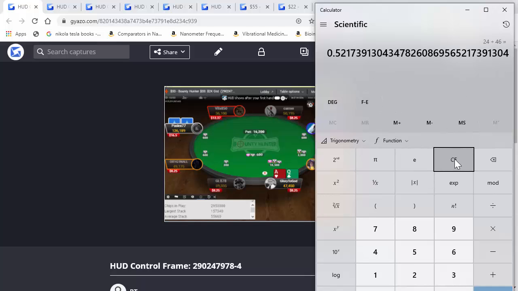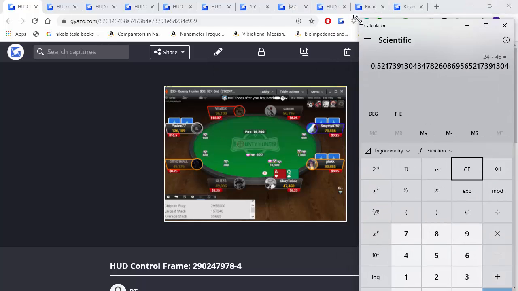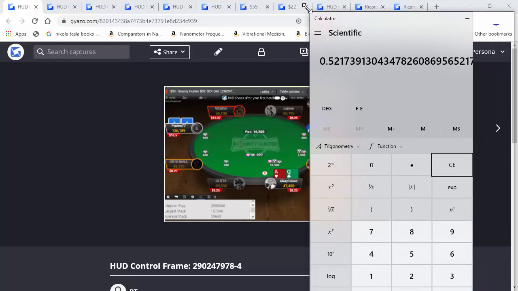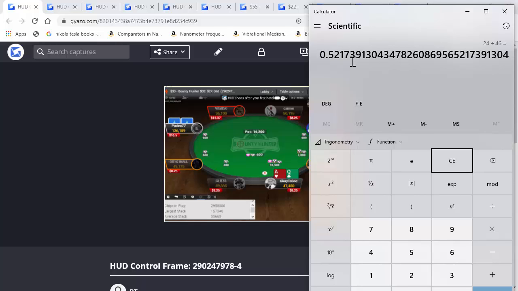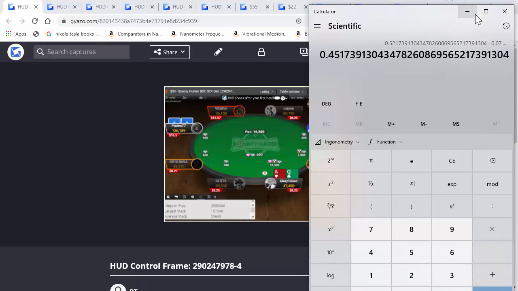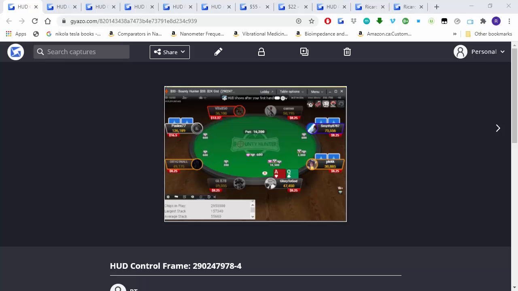Although maybe because it's 55 big blinds again. Yeah, so whatever, something like that, and then minus 0.07. 45% equity. So if he jams,